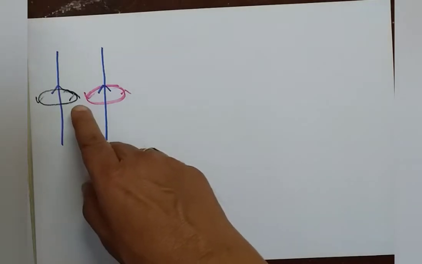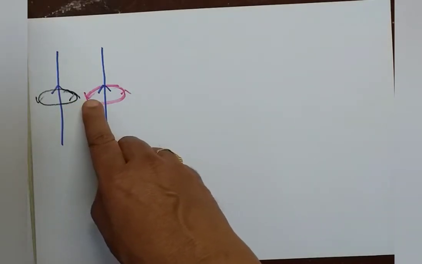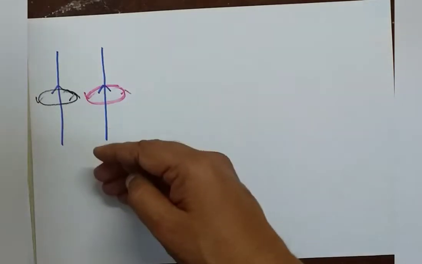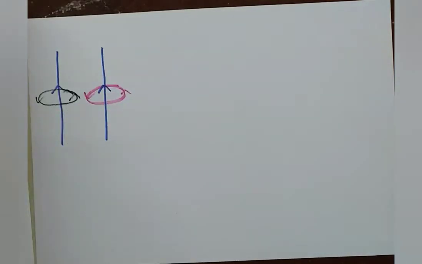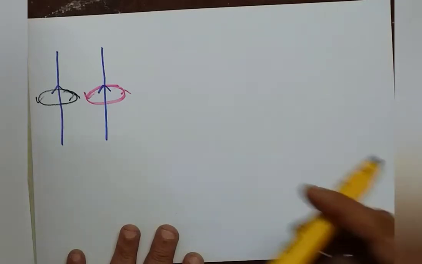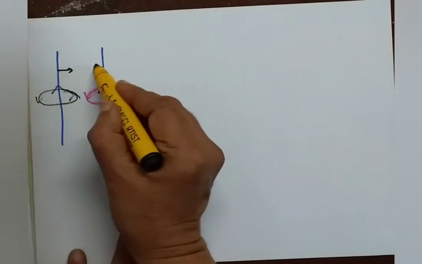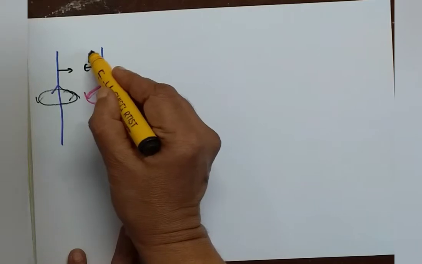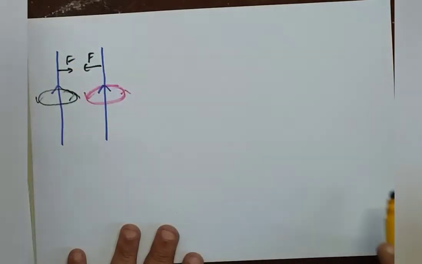and in between these two wires the magnetic field lines seem to come from north and south, that is, they are coming from opposite directions. That means there must be an attraction. Therefore these two wires get attracted when we keep them parallel to each other, with a force F.